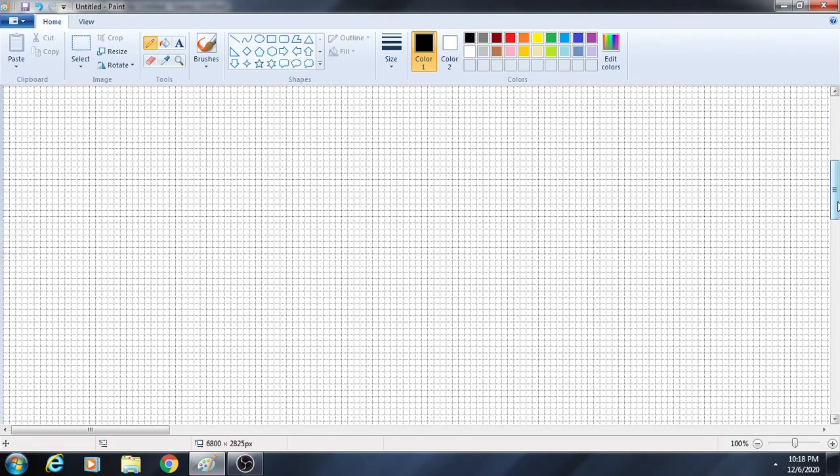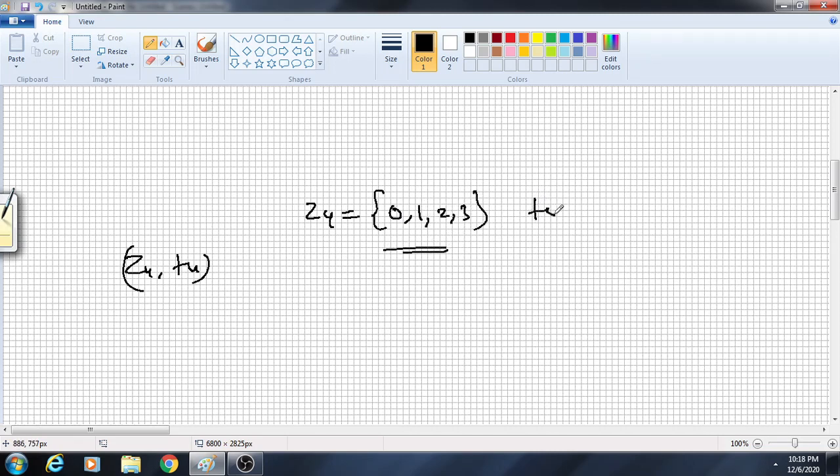Other common cyclic groups are our Zn, Zn under addition modulo n. So what is Zn? Our Z4 is basically the remainders when a number is divided by 4, that is 0, 1, 2, 3. The operation here is addition modulo 4. How do you define the operation here? Here 1 plus 2 is 3, and what is 2 plus 3? In this operation 2 plus 3 you will get 5, so the remainder when you divide by 4 is 1. So 2 plus 3 is 1.